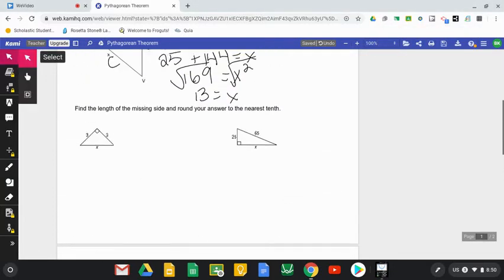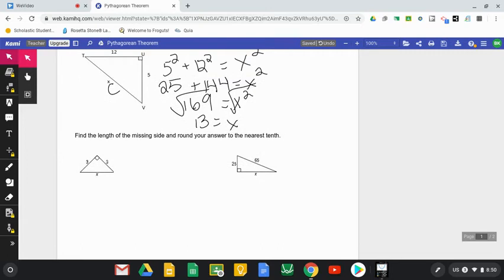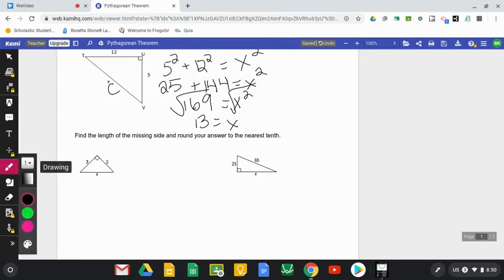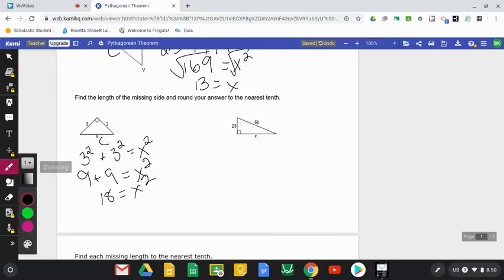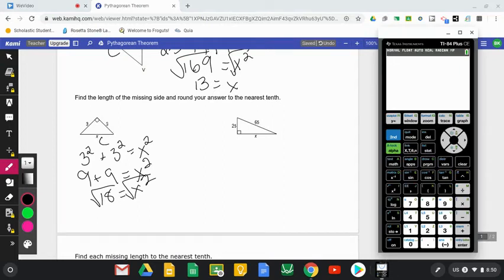All right, let's go to our next one. Round your answer to the nearest tenth. So here we go. Right angle, there's my C. So now I have 3 squared plus 3 squared equals x squared. 3 squared, 9, plus 9 equals x squared. 9 and 9 is 18 is x squared. I take the square root of both sides once again. Square root, square root. Let's go to my lovely calculator. Second, 18. And I get